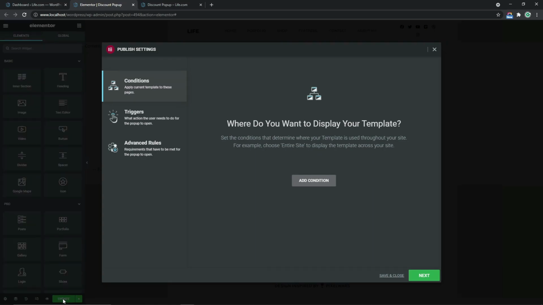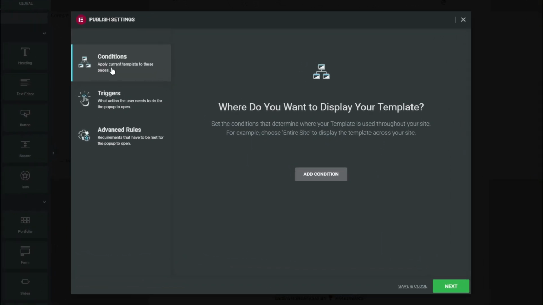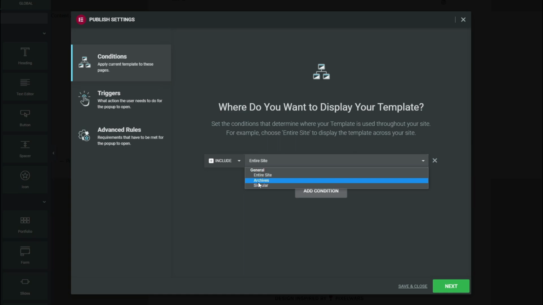Now once we're done creating the pop-up, let's move on to conditioning this on our website. First, we have conditions that allow us to set where we want the pop-up to appear. So let's click on add condition. And from here, we have the option to either include or exclude the pop-up on the entire website, specific pages or posts. But since we want this to appear on the website homepage, I'll just select singular, and from here